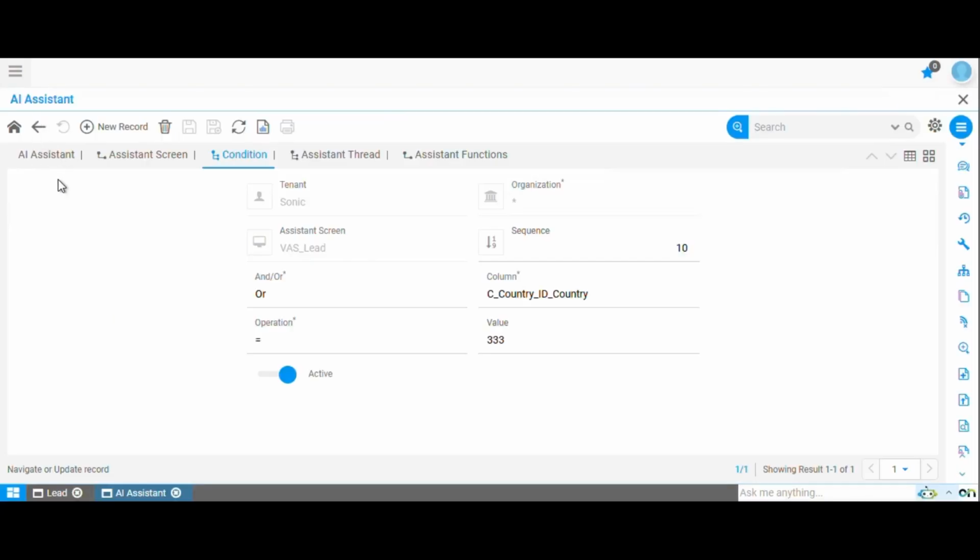Till now, we have understood all these tabs on this AI Assistant screen, which include the AI Assistant, the Assistant screen, and the conditions that we have checked. Then we have this Assistant thread, which is a read-only tab, where all the threads get created for the Assistant for all the records. The last step is Assistant functions, and we will understand now how this Assistant function will